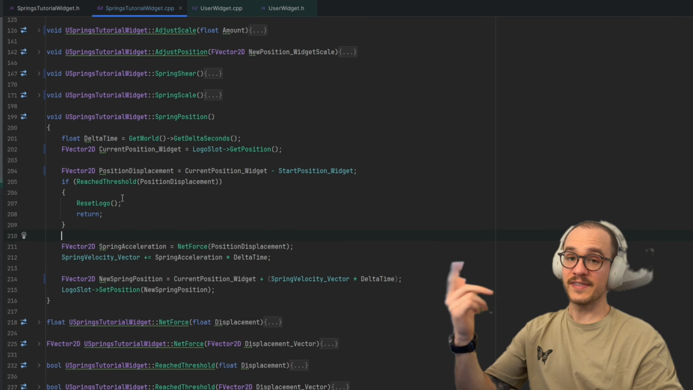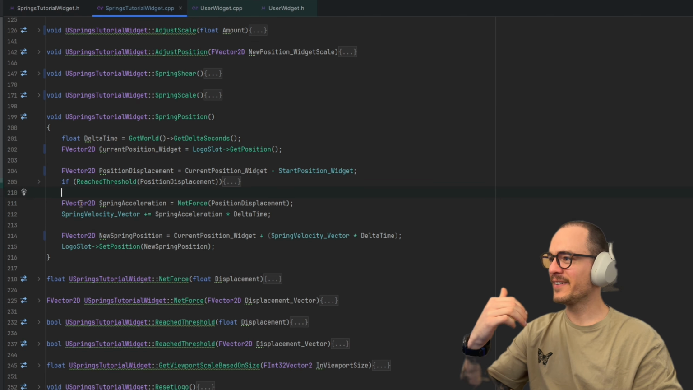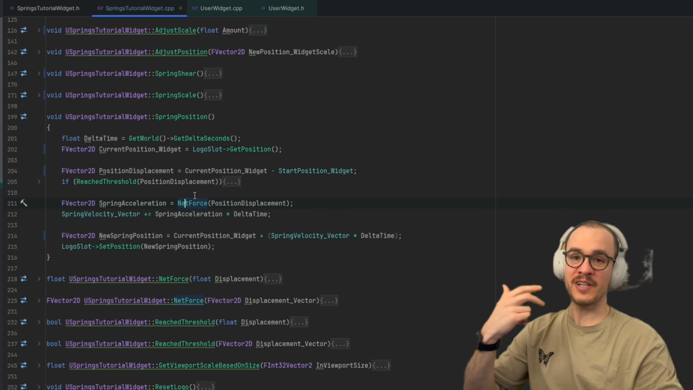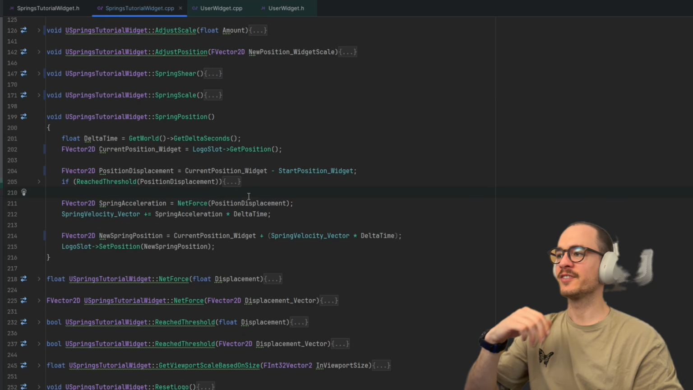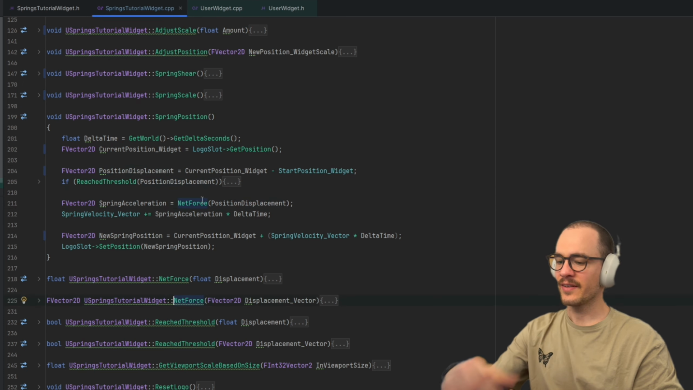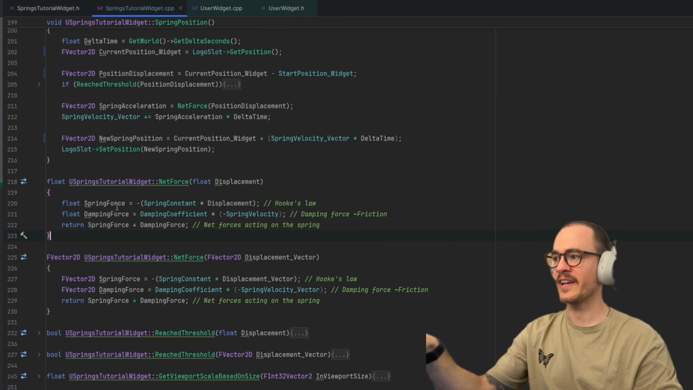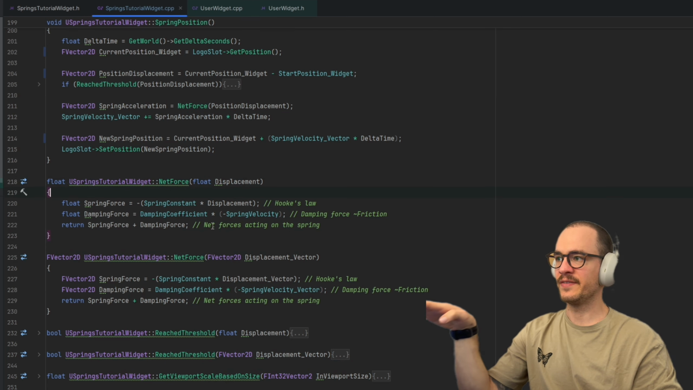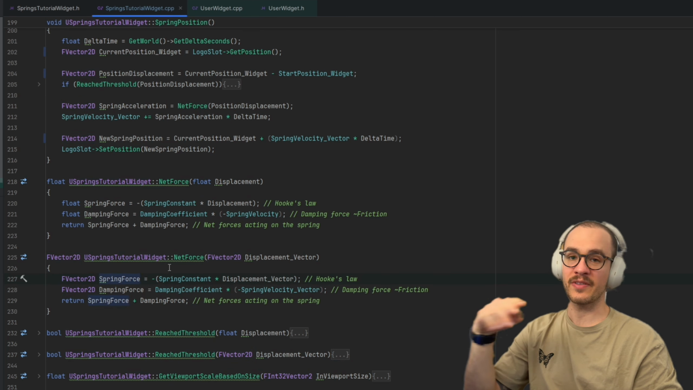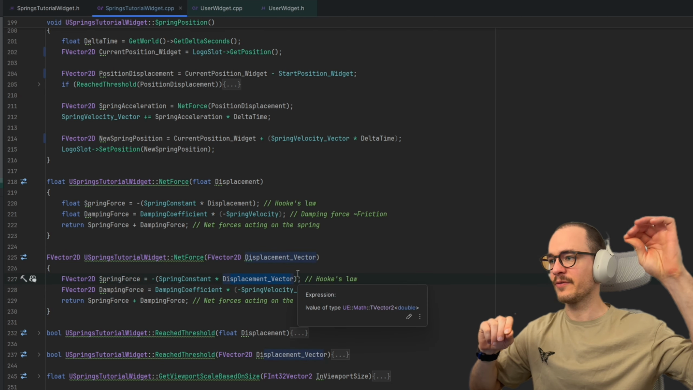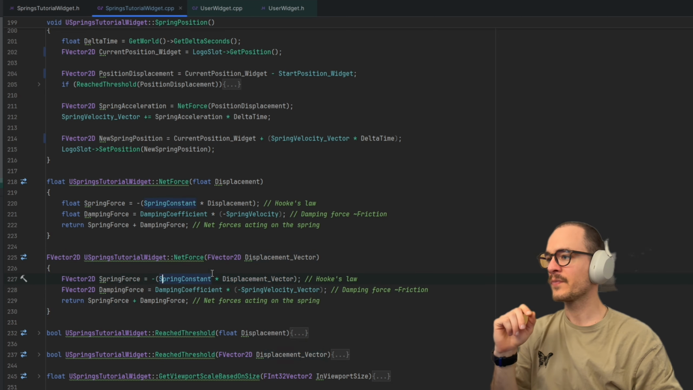Cool. The same is actually going to happen on the next line, because what I do here is I calculate the spring acceleration, which is going to be a vector this time, from the function NetForce. But we remember that the function NetForce was also receiving a value of displacement. This time we've got an overloaded function NetForce, which does exactly the same as the NetForce that receives a float, except this time it's going to use FVector for spring force. Remember that force is also a vector. It has a displacement vector, the displacement from the position of the center of the screen,